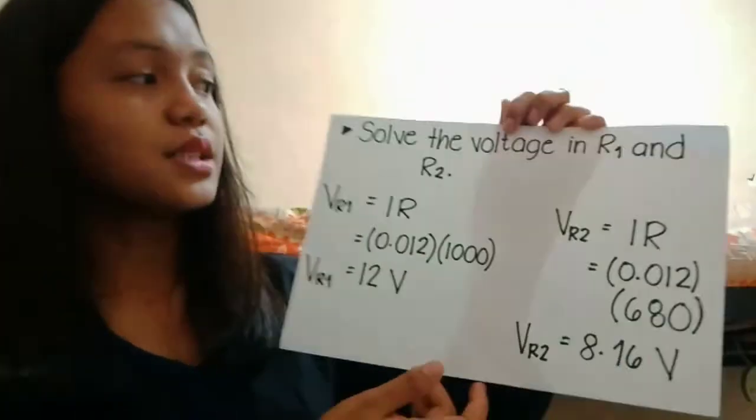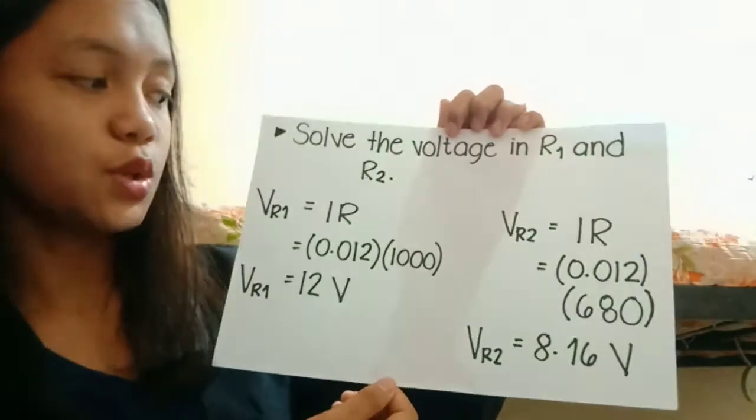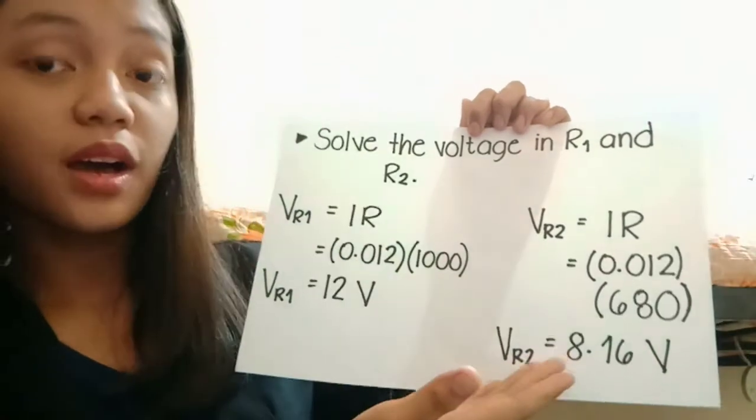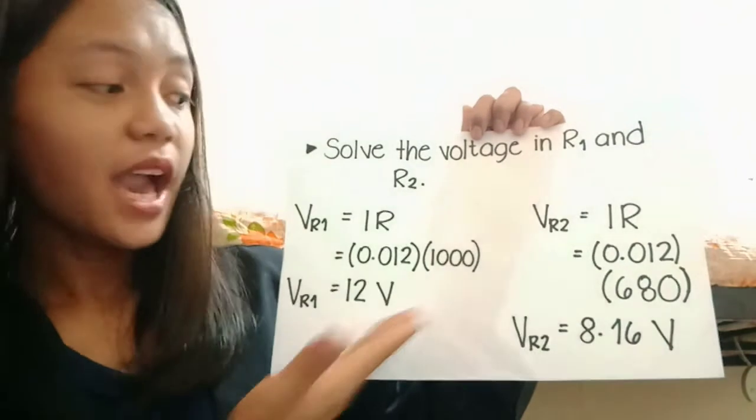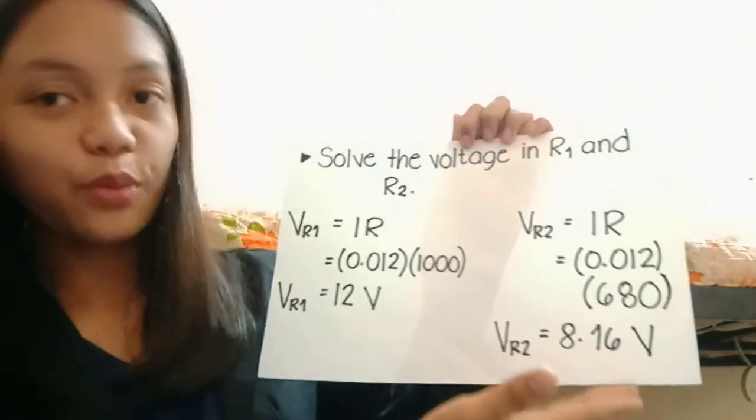Now, since we already have the value for the current, we solve for the voltage in resistor 1 and resistor 2. So we substitute this into our formula and do the math. As you can see, in resistor 1 the voltage is 12 volts, and for resistor 2 the voltage is 8.16 volts. Next, we move on to our loop number 2,